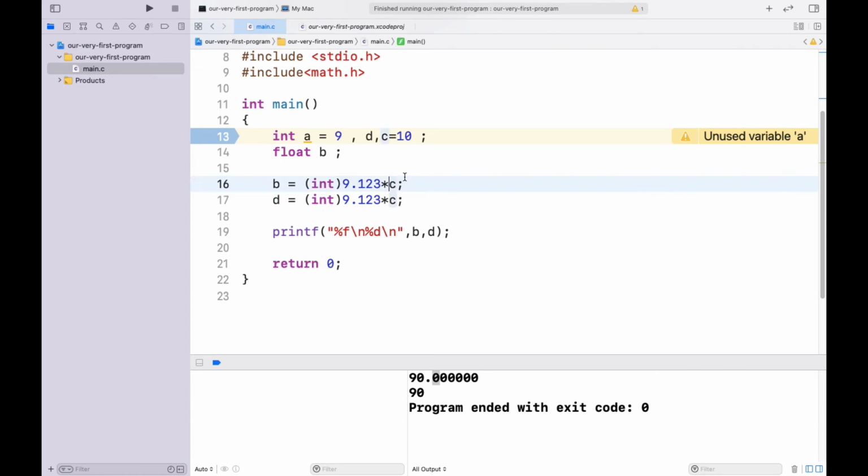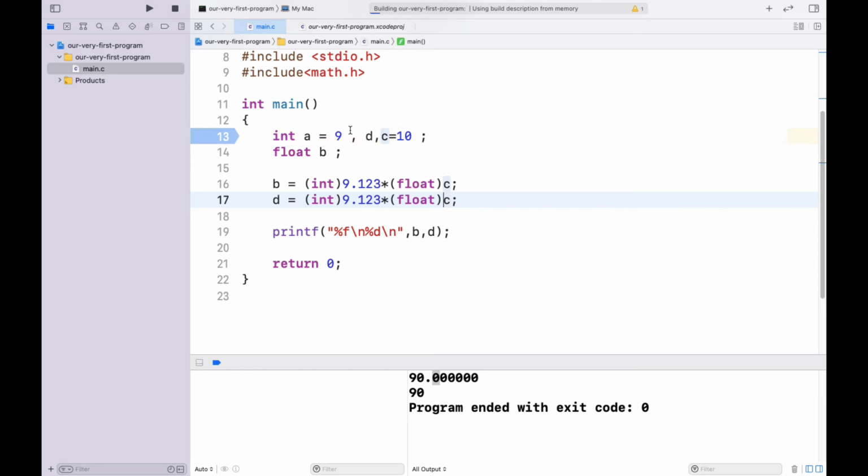And let's see what is going to happen if I do this. C is a floating type variable, and 9.123 gets converted into an integer type. Now I have converted C into float.